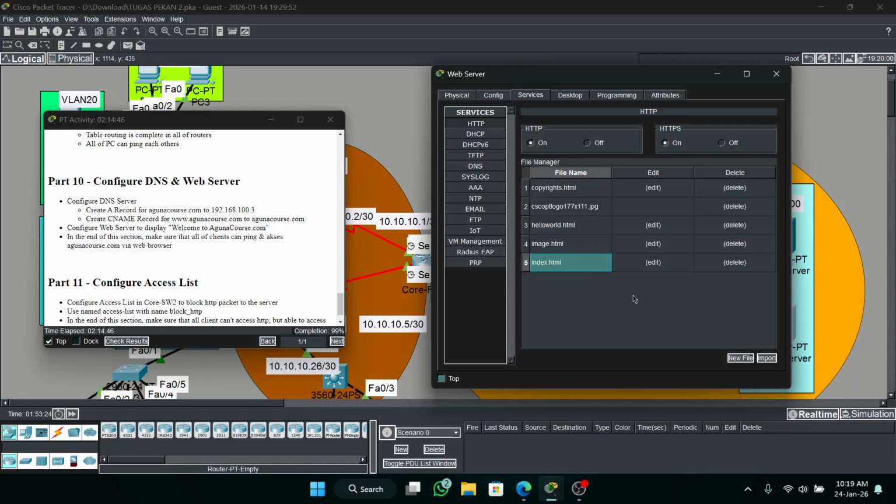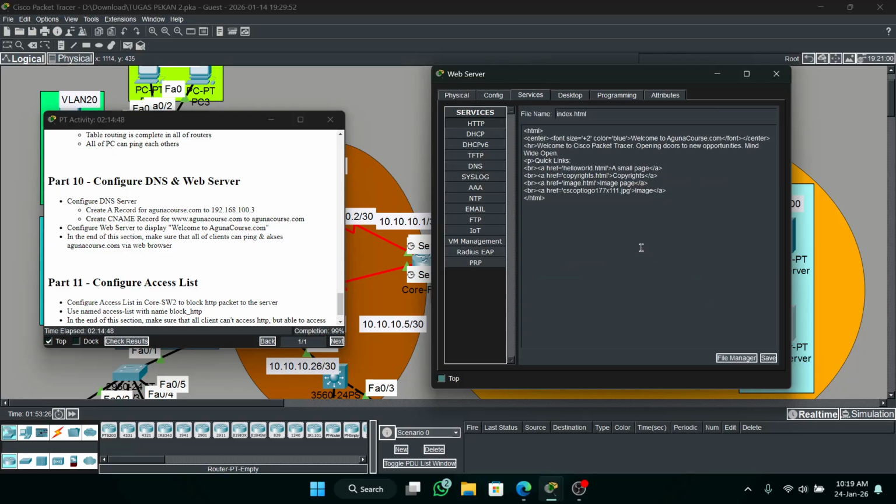Go to index.html, edit. Okay, this one, welcome to Aguna course. Just delete all.